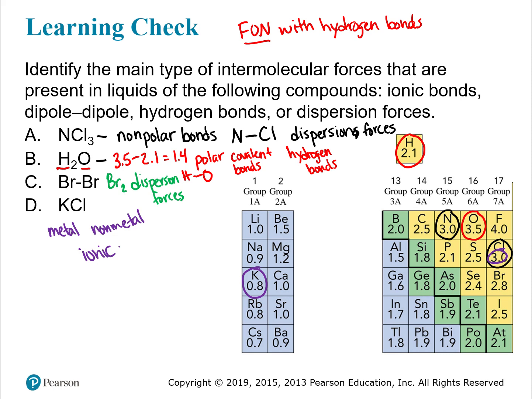But if you wanted to look at the bond between the potassium and the chlorine, you could. And it would tell you that you have ionic bonds here, which would tell you how the molecules would interact